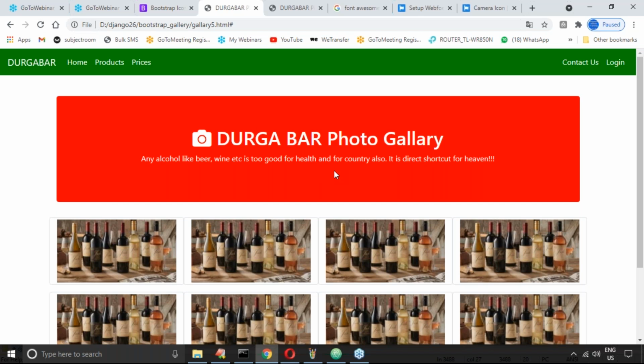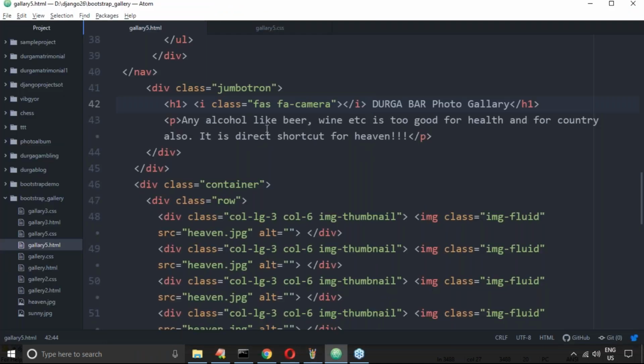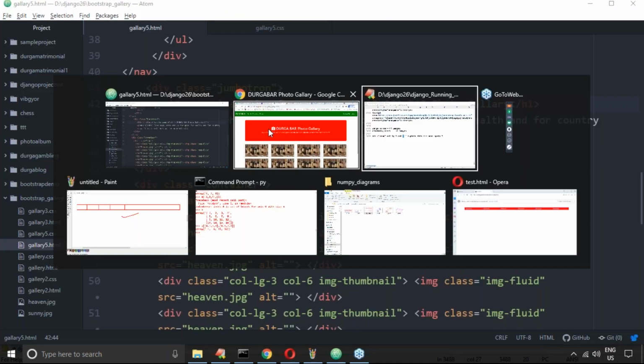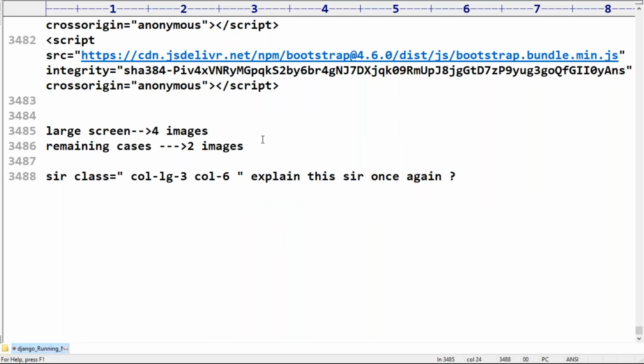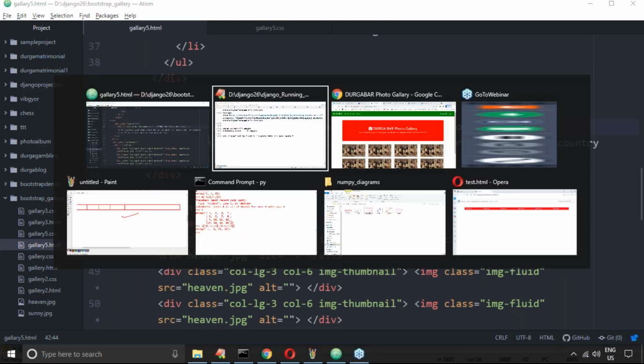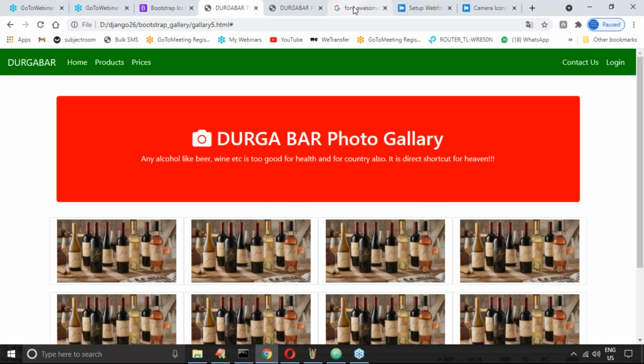Okay. Next, suppose your contact login is there. Okay, this is the gallery, sir. Here login is there. So for the login, one image I want to take.